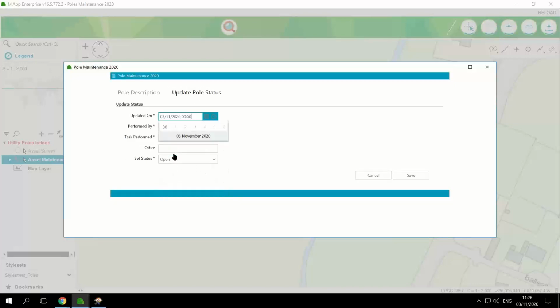So let's say today is 3rd of November, and the name of the network engineer who's at the site, and what task he performed. So let's say the health index was 1 with this coming storm, so he decided to decommission it. Just write down a note that